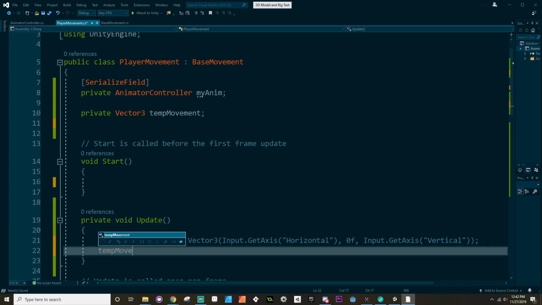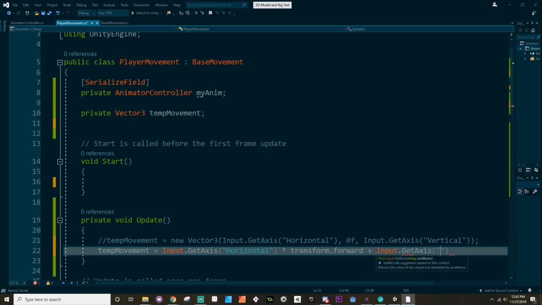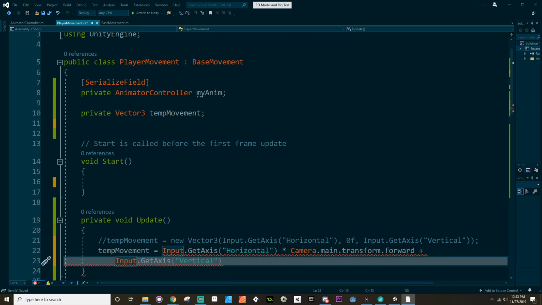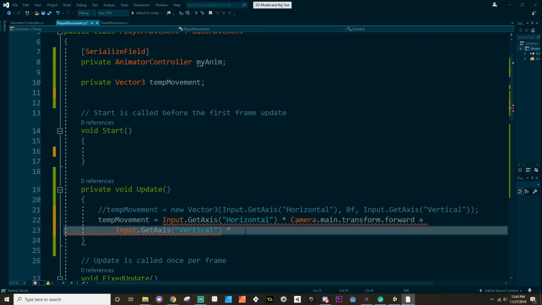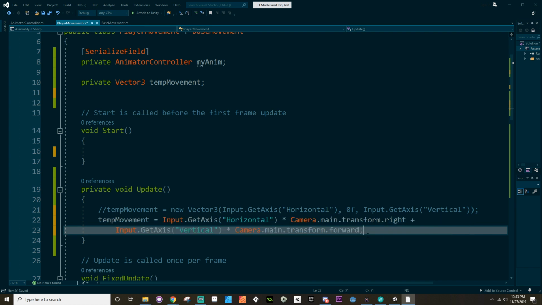So get axis horizontal times transform dot forward plus, should be, times, this should be transform dot right, and then for safety's sake we'll put